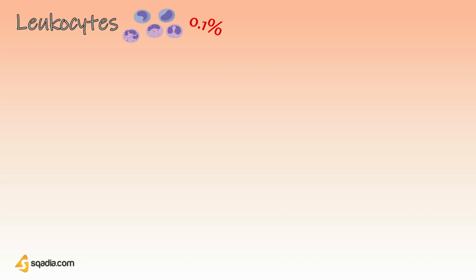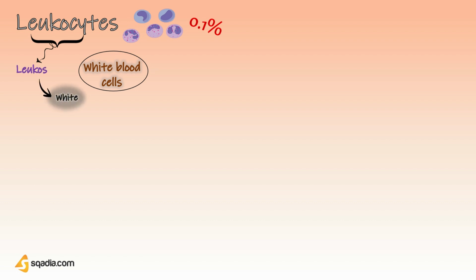White blood cells or leukocytes are the fewest of the formed elements. That makes up around 0.1% of formed elements. Leukocytes are also termed as white blood cells, WBCs. As a word, leuko is derived from the Greek word leukos, which means white. These leukocytes are the colorless formed elements and are the mobile units of the body's protective system that aids in